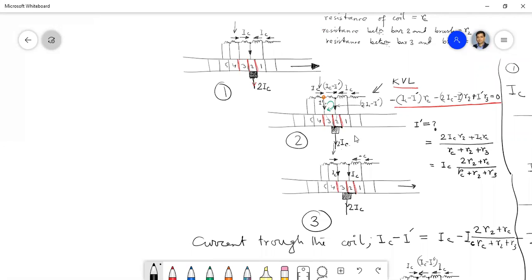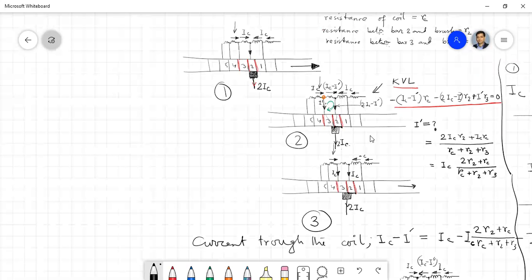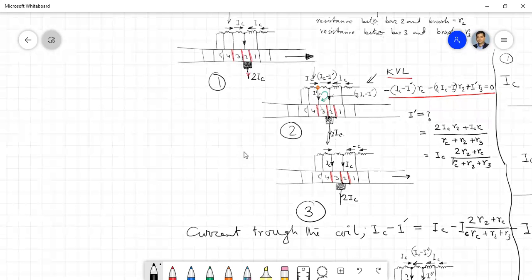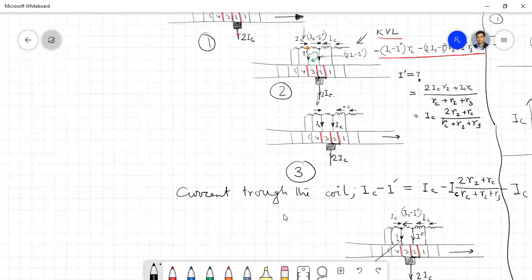For position number 2, the brush has slight contact with 3, but maximum contact with 2. And position number 3 is almost similar, with contact with 2 and 3 almost the same. So that means A2 and A3 will be the same. For position number 2,